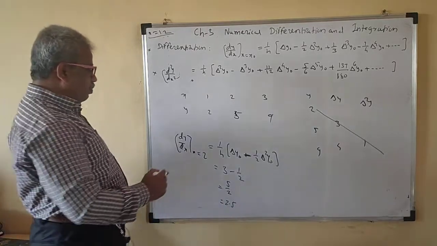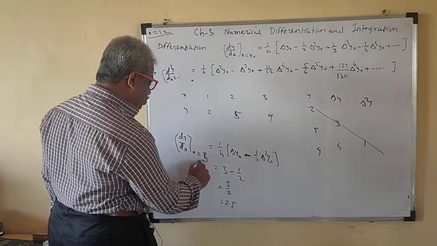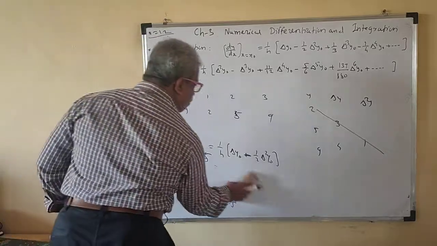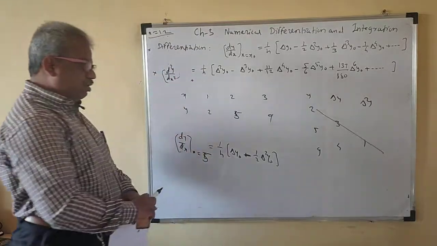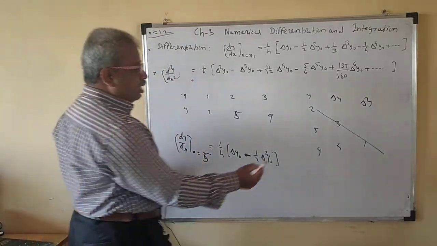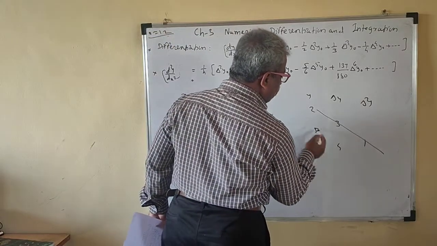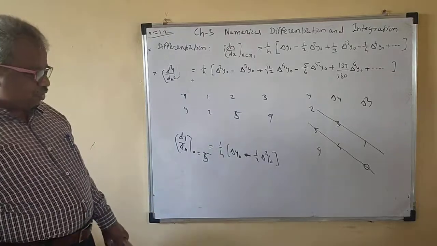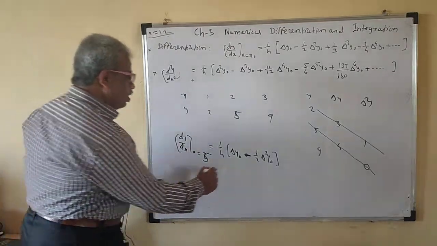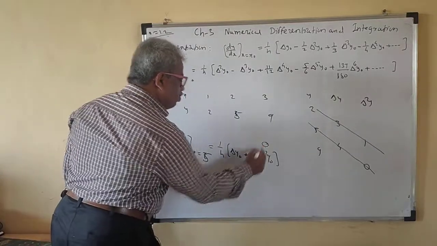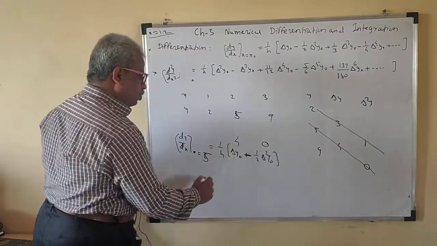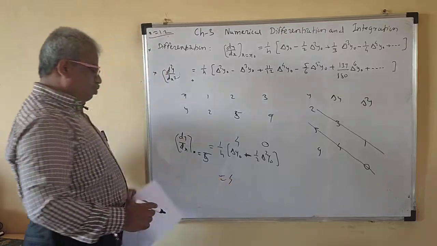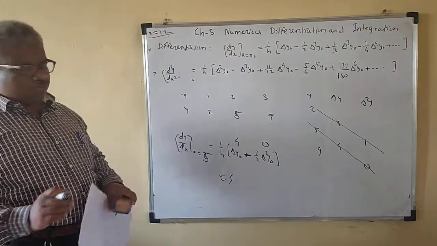Okay, but if you want the derivative at 5, first derivative. Now see here, this is 5 here. So this will be 0 now here. So that means for the derivative at 5, this is 0 and this is 4. So this is 4 minus 0, this is 4. So the derivative at x is equal to 5 is 4 now here.